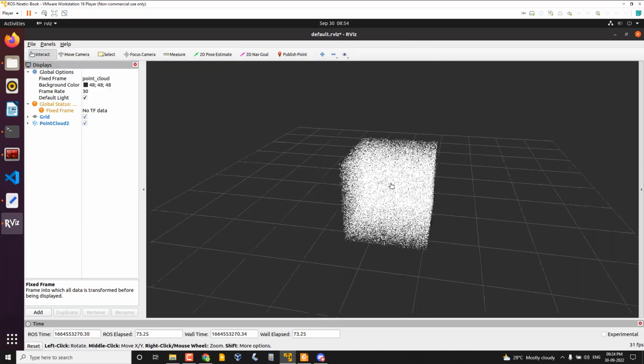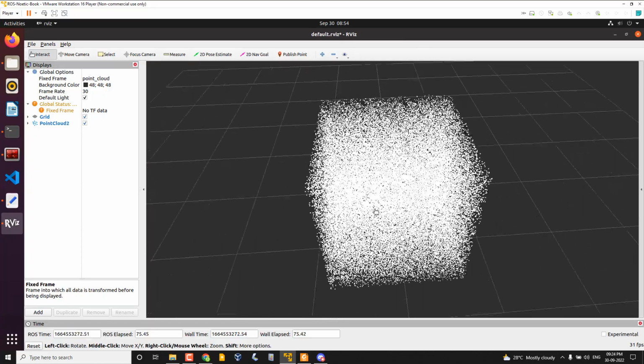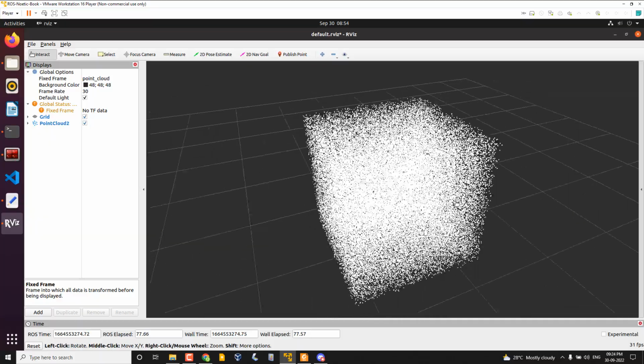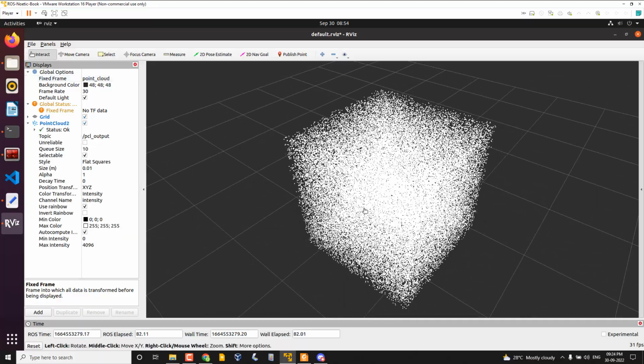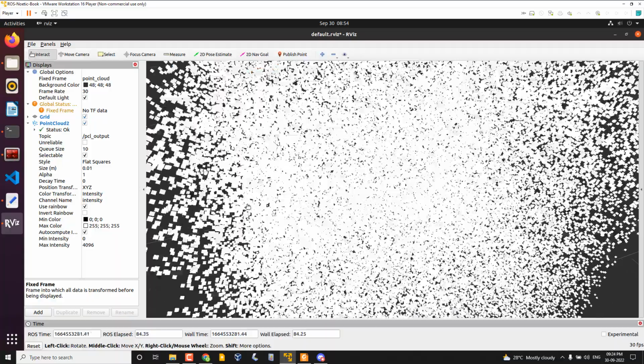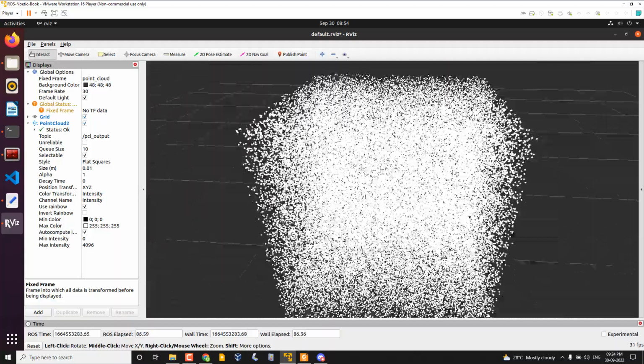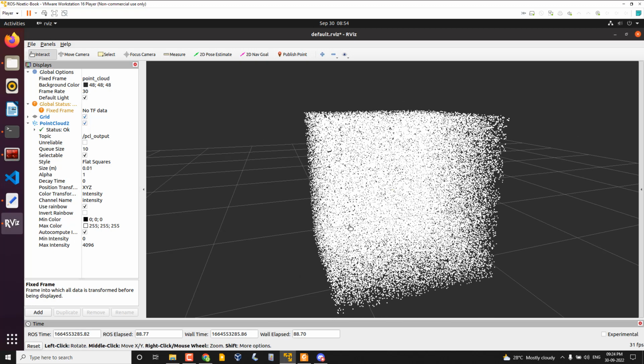This is the random point cloud that is being published by the node. Okay, it's like a cube. Okay, and it doesn't have any data, it's simply some points, and you can style it, in the sense